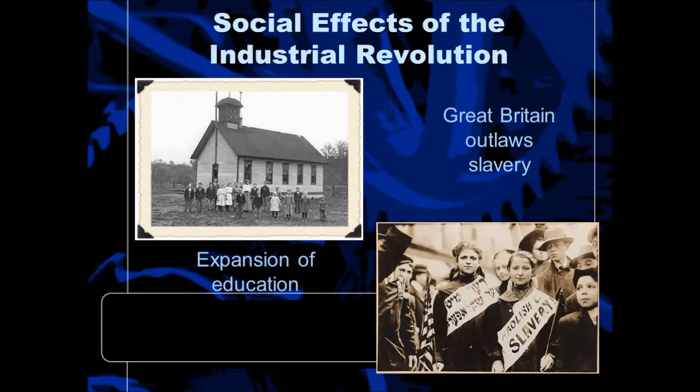Now, there were other social effects that were actually good effects. Great Britain is going to outlaw slavery. They felt like this huge demand that they had put on Southern America to give them cotton increased that need for slavery, and it changed the face of slavery in America. They realized that, and I guess it was their way of compensating for their guilt for expanding slavery in America. So in Great Britain, they outlawed it, because of the Industrial Revolution.